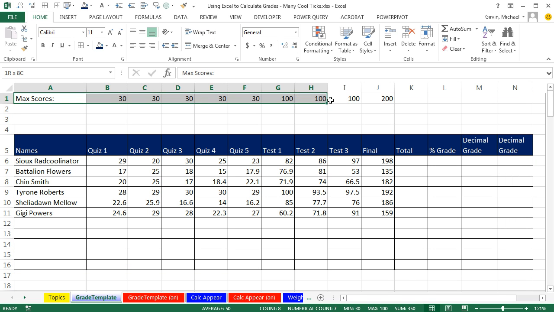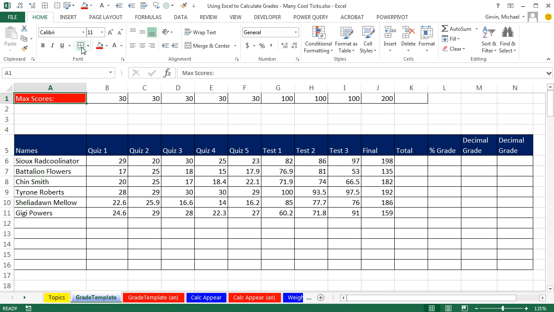So I'm going to add some borders. I'm going to highlight all the way to K1 and then use my borders. I'm going to add some reds. These are like our assumptions for grading. Later, we can change these, like if we wanted this quiz to be 25, and all of our grading will